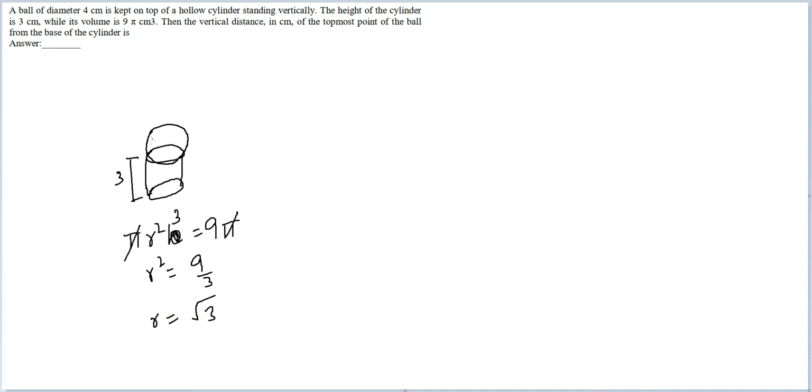Now look at this portion for the sphere. I'll make a bigger diagram. If the center is here, this is where the cylinder will end up. This is where you will have some circular portion like this. Some part of the ball would be inside the cylinder.